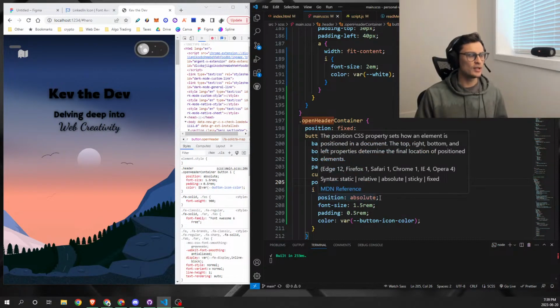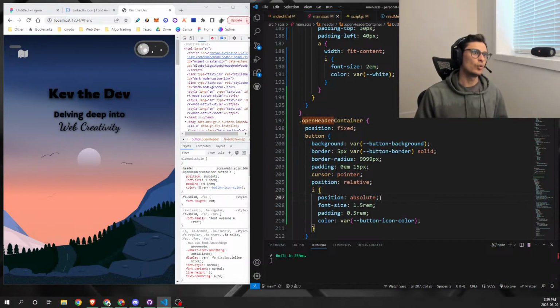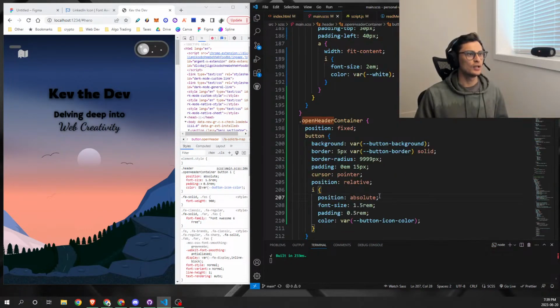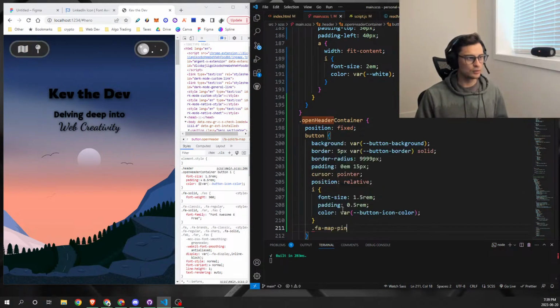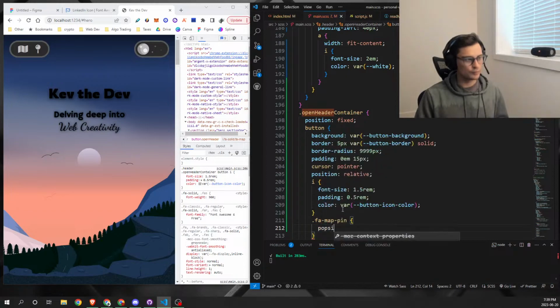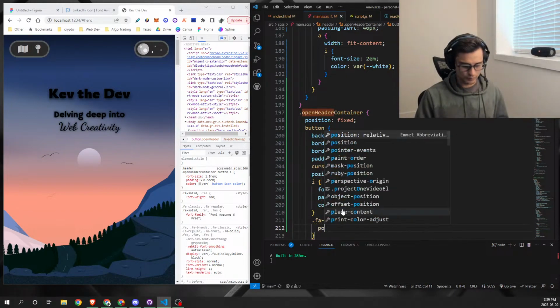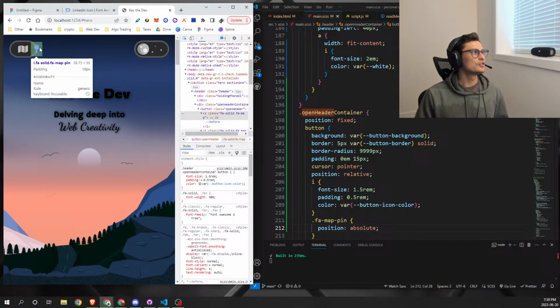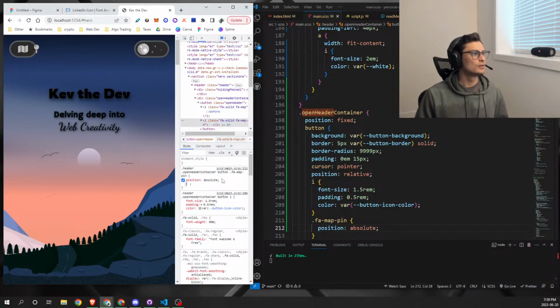If I don't do absolute, I guess it only needs to be one of them. So let's do the map pin as absolute. So we'll do this. This should be